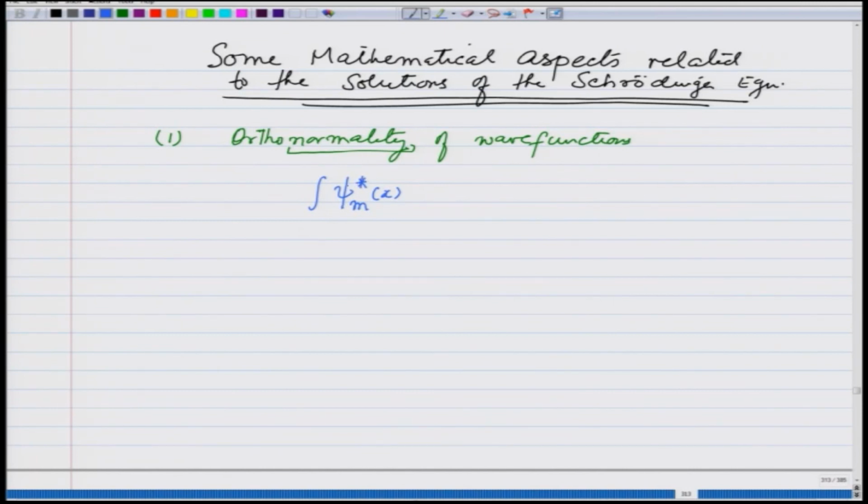One dimension makes it easy. The product psi m star psi n x, where m and n are 2 indices for the energy level, integrated over x is equal to 0 if m is not equal to n. So, this is what I am going to call the orthogonal